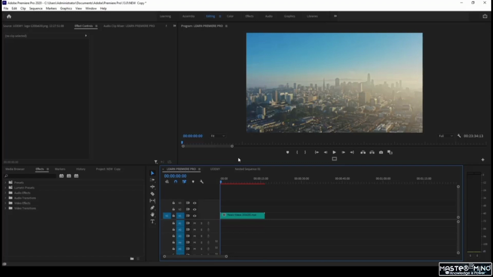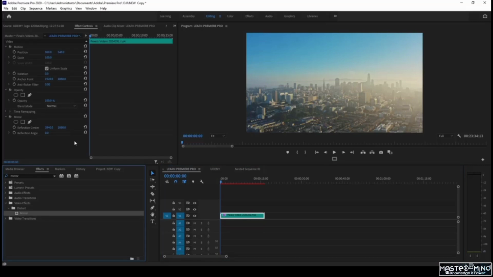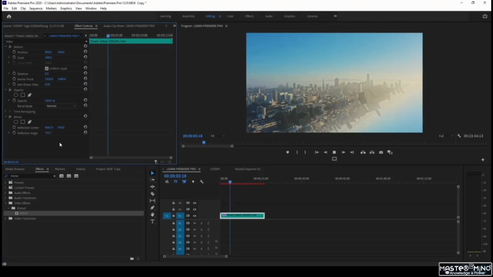So if I use a mirror distortion effect, this can be cool if you're trying to create an abstract mirror reflection across a certain line. But when it comes to creating this double universe effect, I found that it doesn't actually give the exact effect that we are looking for. So I'm going to delete the mirror effect, and what we actually want to do is create a sort of